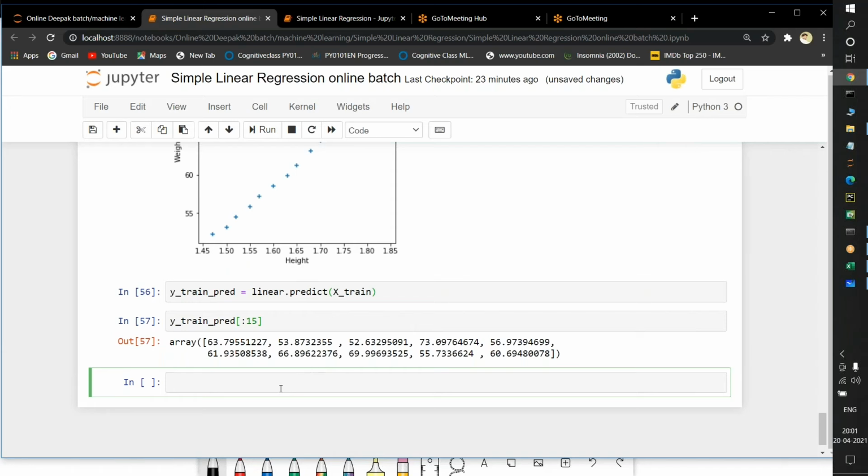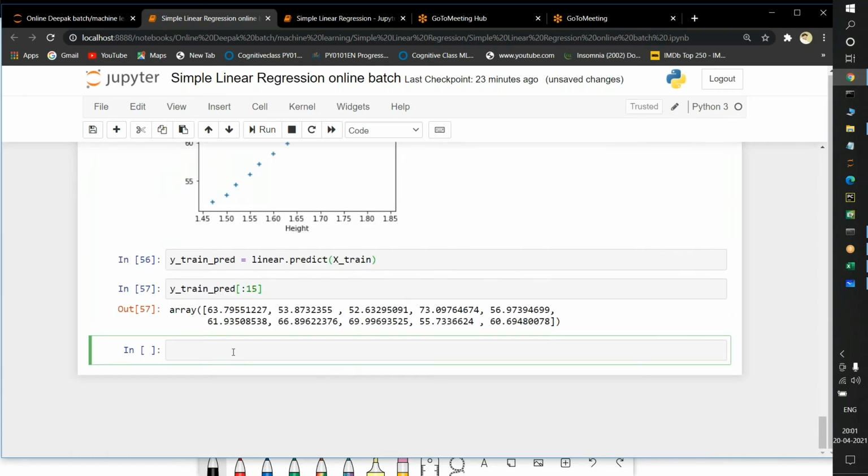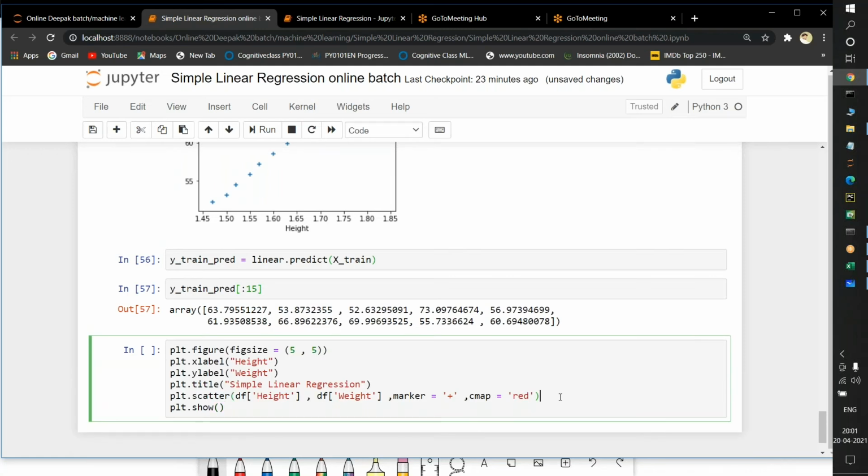Now I will write the same logic. I will just copy the lines of code that I have written above and paste them here. For the same data, I will pass one more line, plt dot plot. We will pass a straight line.